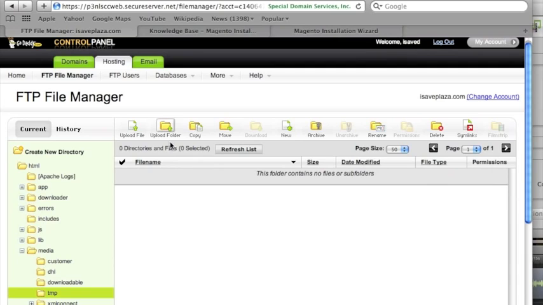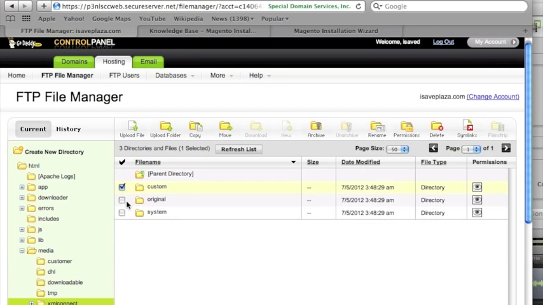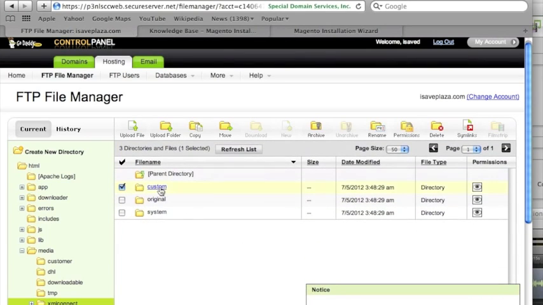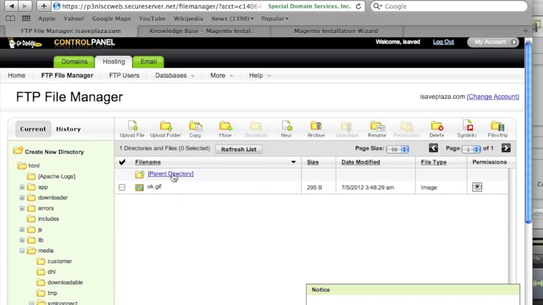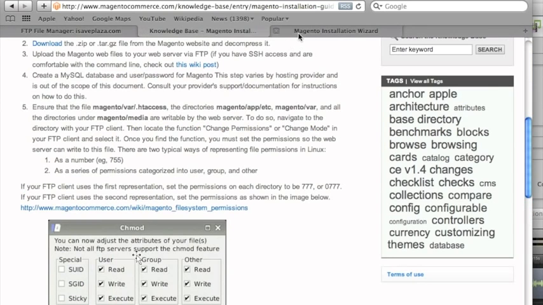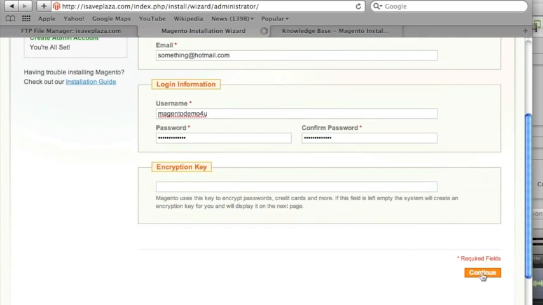This is our temp directory, which we just created, and as you can see here, we have some folders. But I don't believe there are any folders within these. Okay, so now we have everything set up there so that it's writable, and we click